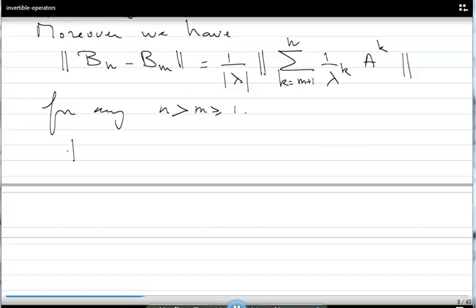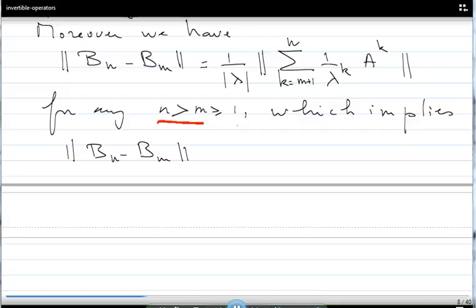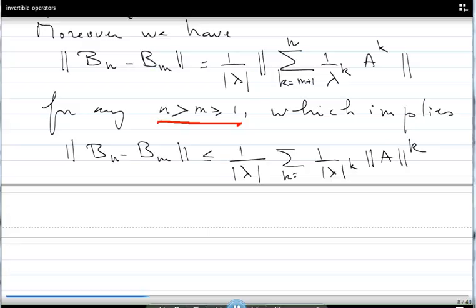Okay, so using the properties, which implies the norm of Bn minus Bm, where n is bigger than m, under the same assumptions, this is less or equal 1 over absolute value of lambda, sigma 1 over absolute value of lambda to the power k, norm of a to the power k, k from m plus 1 to n. Okay, good. On the other hand,